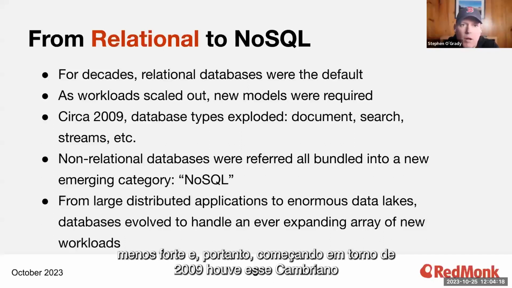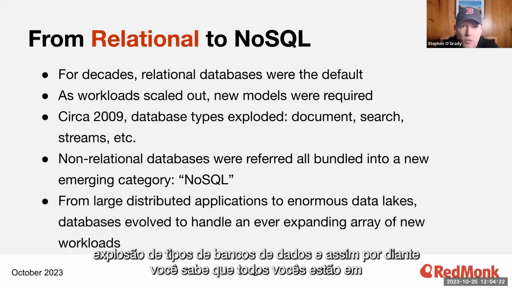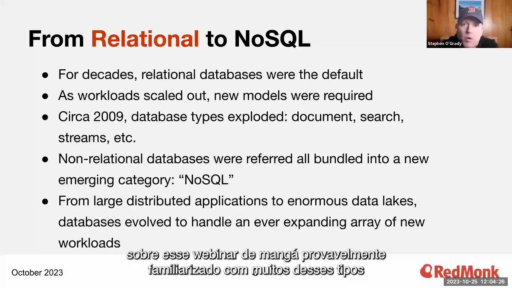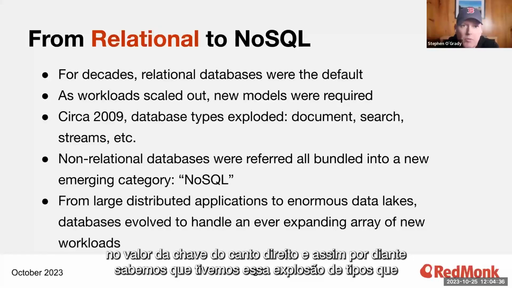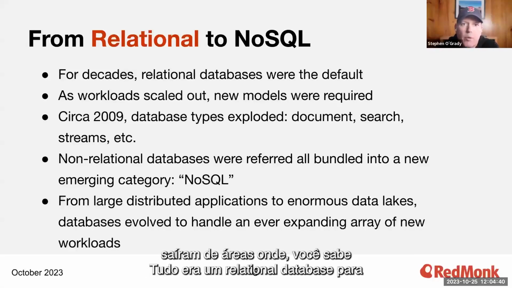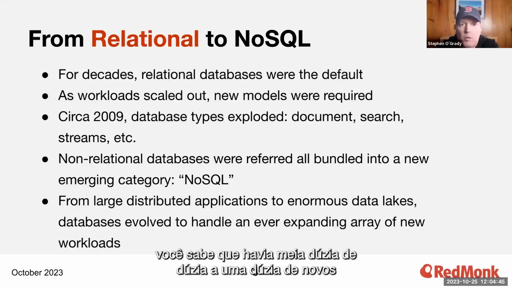And so beginning in around 2009, there was this Cambrian explosion of database types, right? So, all of you on this Mongo webinar are likely familiar with many of these types already. Document, most obviously, search, streams, data lakes, but the list goes on, right? Columnar, key value, and so on. We had this explosion in types. We'd gone from areas where everything was a relational database to, there were half a dozen to a dozen credible